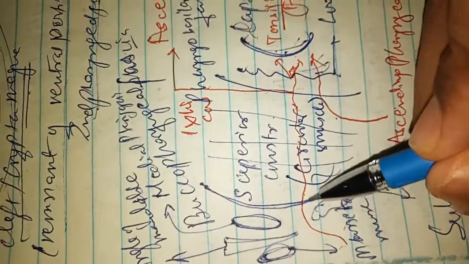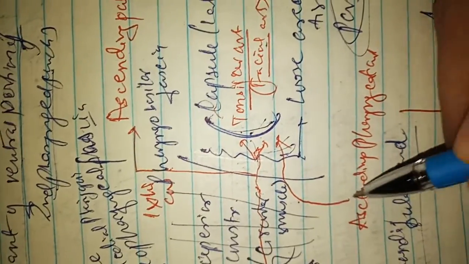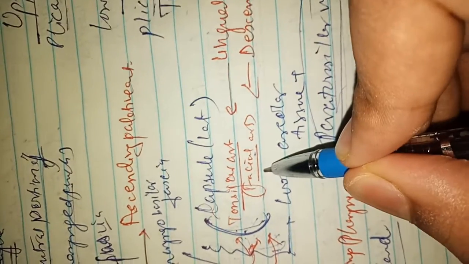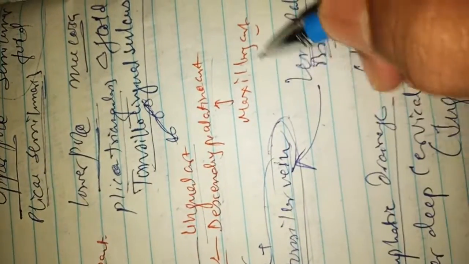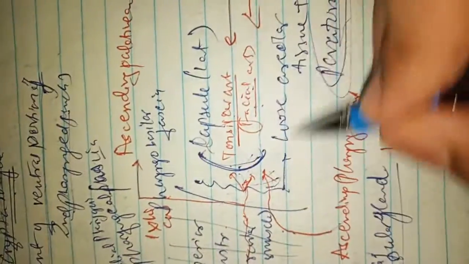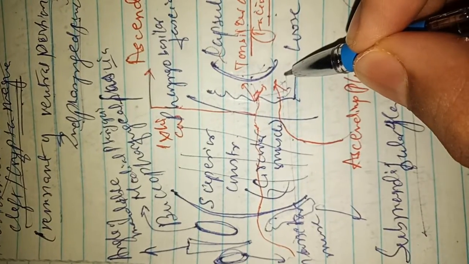Now the blood supply. This is the facial artery, which gives a tonsillar branch. This is the ascending pharyngeal artery, which also gives arterial supply to the tonsil. There is the lingual artery, which directly supplies the tonsil, and the descending palatine artery, which is a branch of the maxillary artery, that also gives a branch to the tonsil. So all these arteries supply the tonsil.